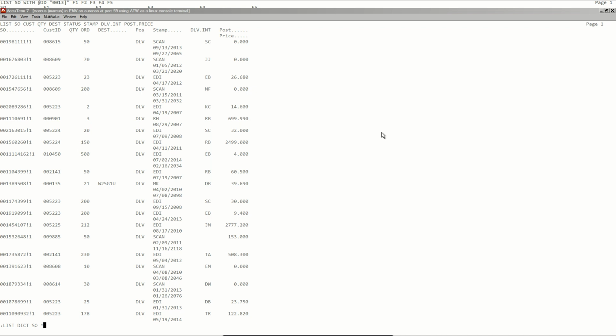JBase and OpenQM do that. I think they're the only two that require that. If you were to do this on, say, D3, it would literally show you the record named asterisk star. And you probably wouldn't have one, and you'd wonder what's going on. It would say no records. But if we leave it off here,